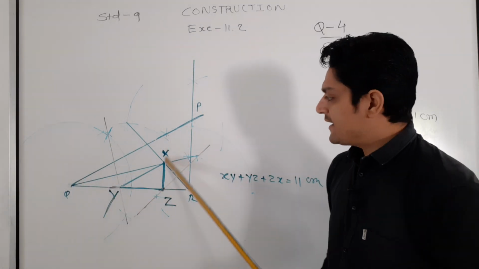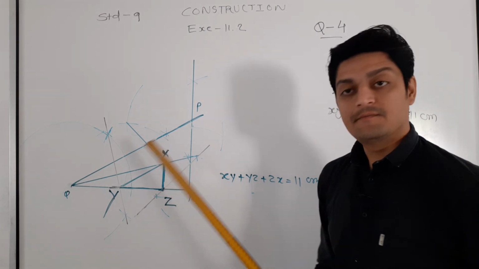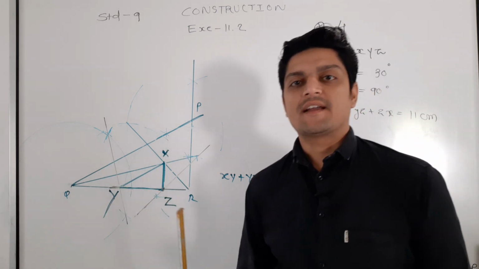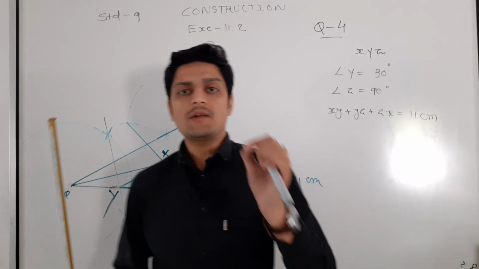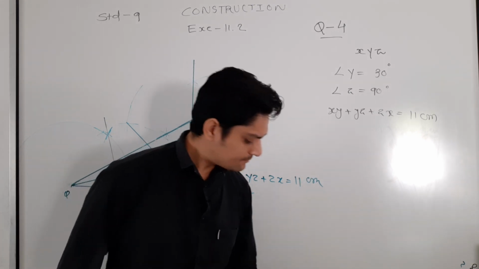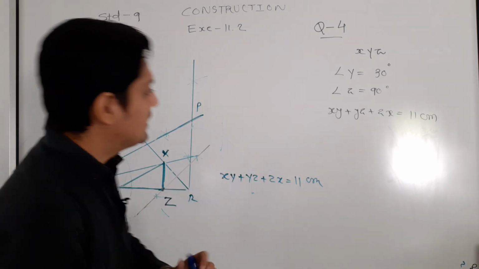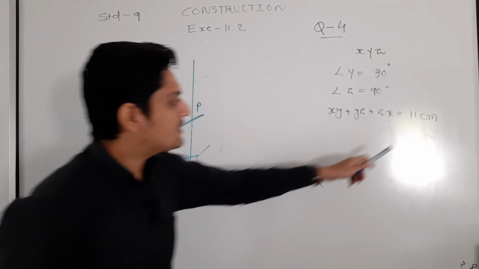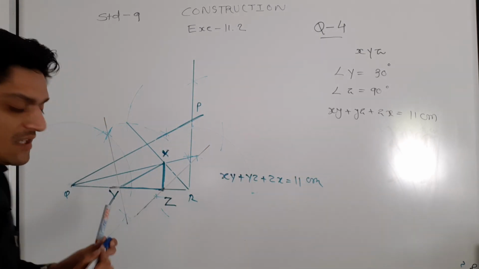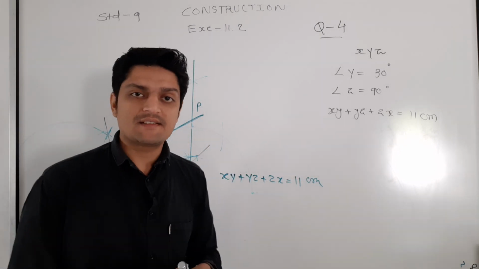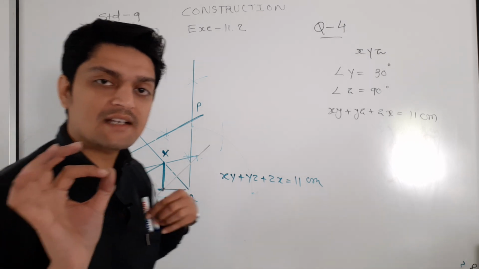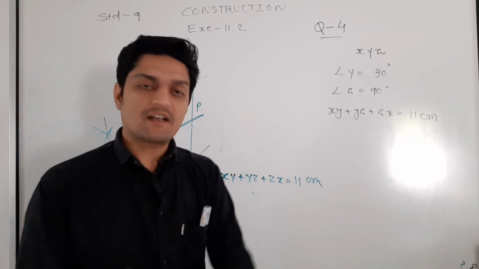Okay, X, Y, Z. This is your final triangle. Then what to do here? First of all, this total which is given, that much you people have to draw the base. Let's see, I am repeating these things. Within 1 minute I will explain this full procedure again.